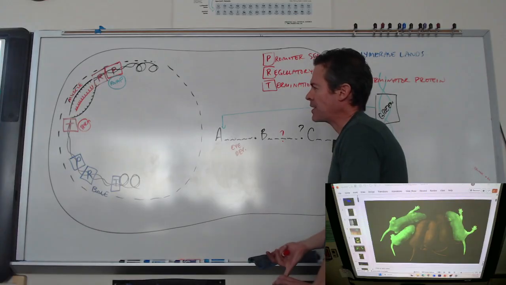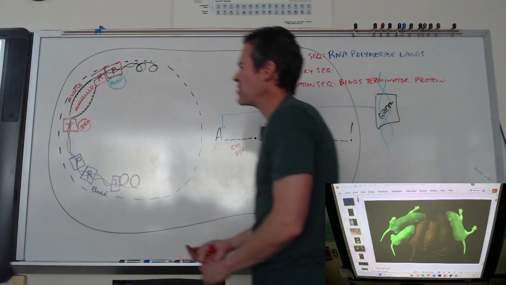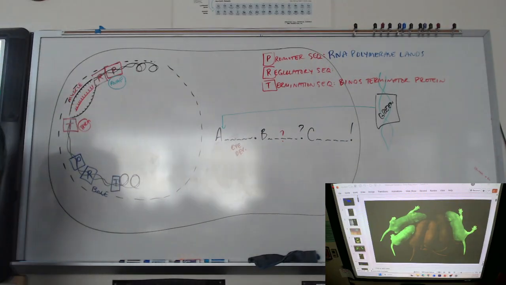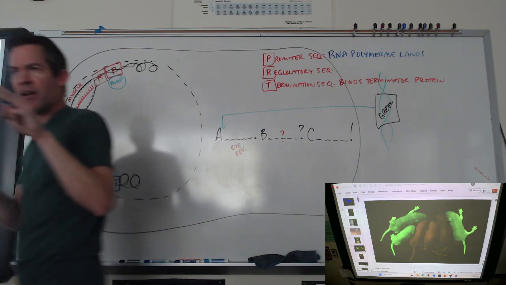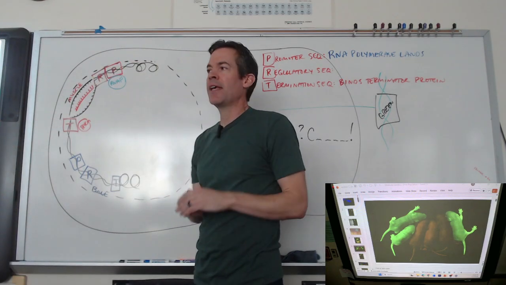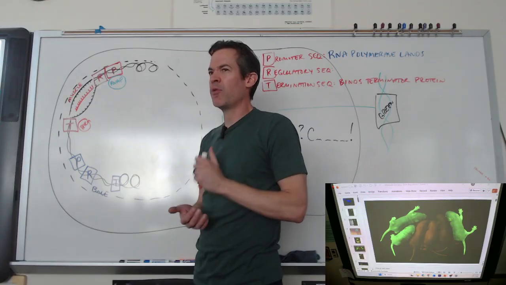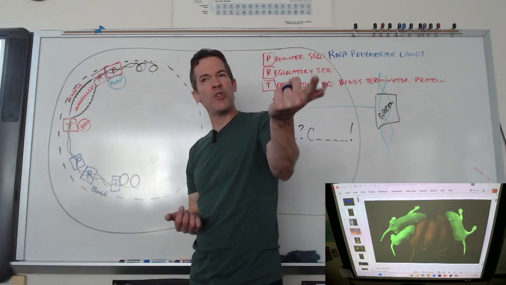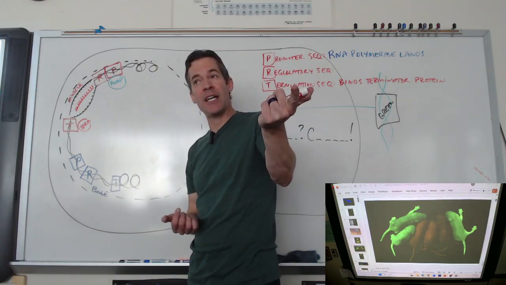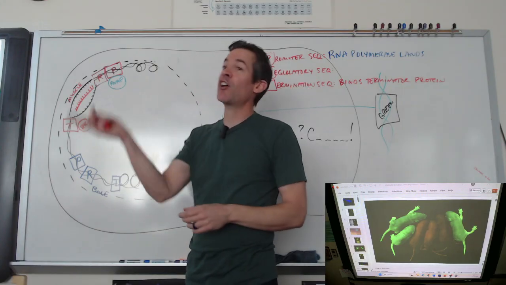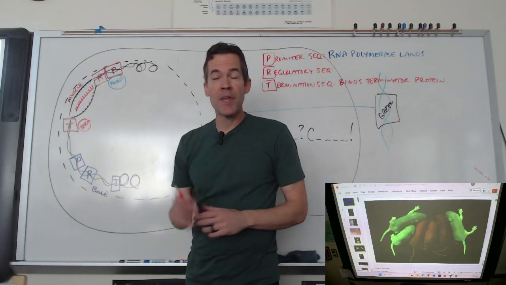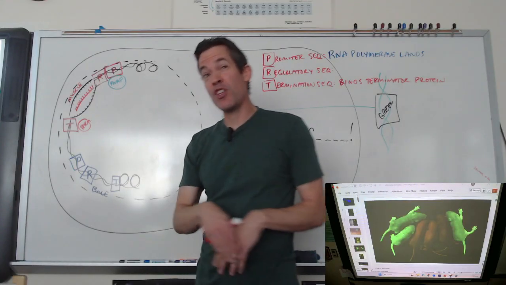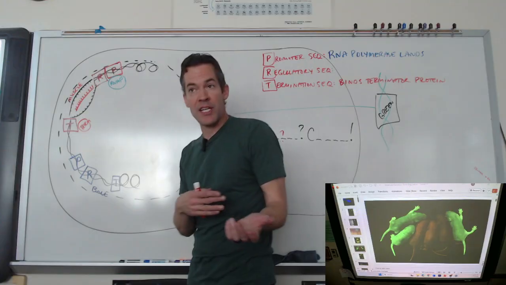Okay, remind me really quick, what bases did we use in DNA? What did A match up with in DNA? T, and then what was the other pair? C and G. And then RNA was slightly different. What was different about the bases in RNA? Yeah, I had U, uracil, in place of thymine. So in DNA, A goes with T, G goes with C. In RNA, A goes with U, G goes with C.